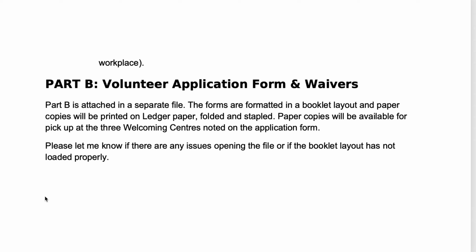They also have a second part to their screening and selection process, which is all of the application forms. So what they have done is they've created a booklet, and there is a sample of that in the module itself. When you actually open the application module, there are samples of how these applications are developed